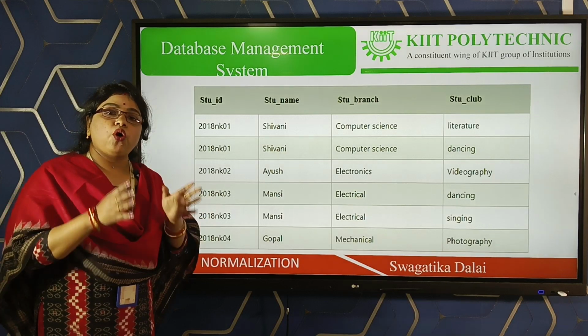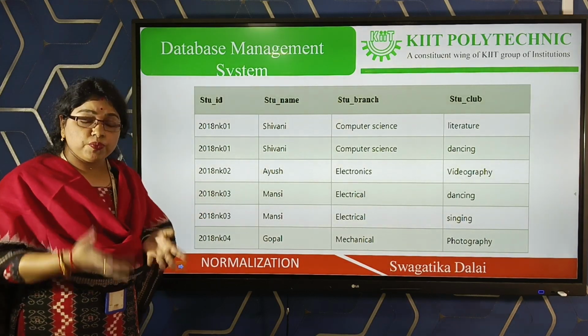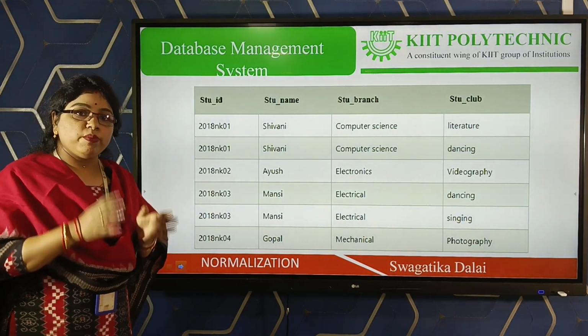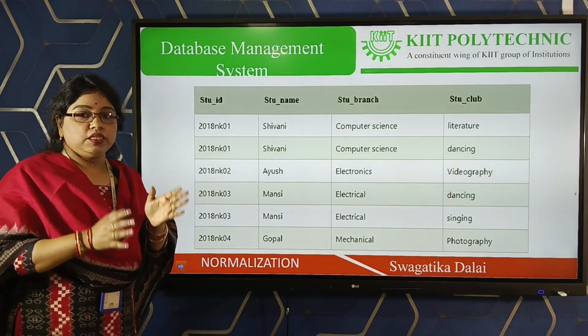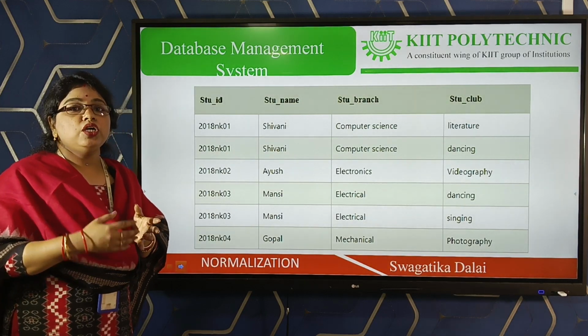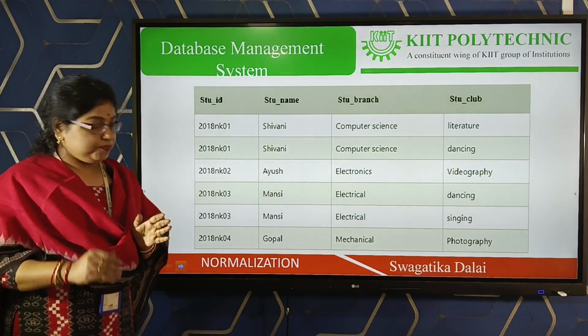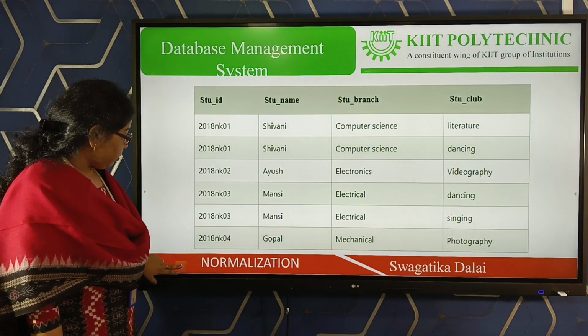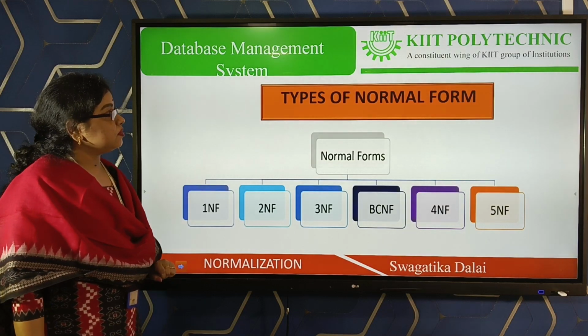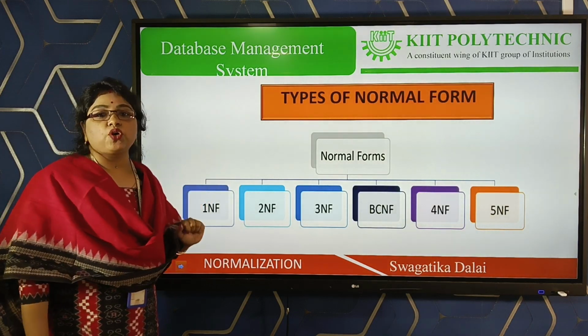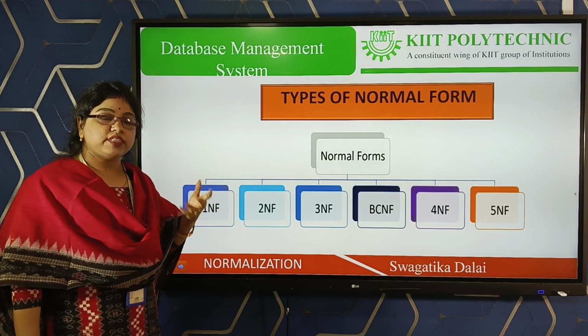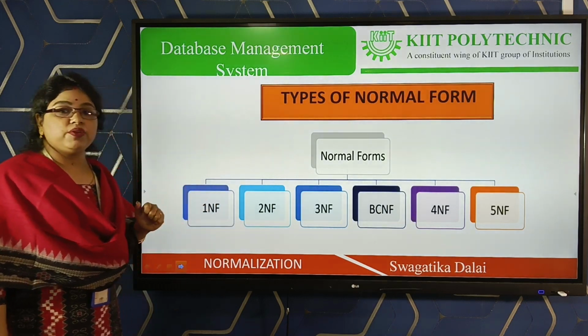So, to remove these types of anomalies or problems from the database, normalization is the process to recover it or to make the database in a very good format. So, let's start with normalization. Types of normal form. Then the question arises, what is a normal form?